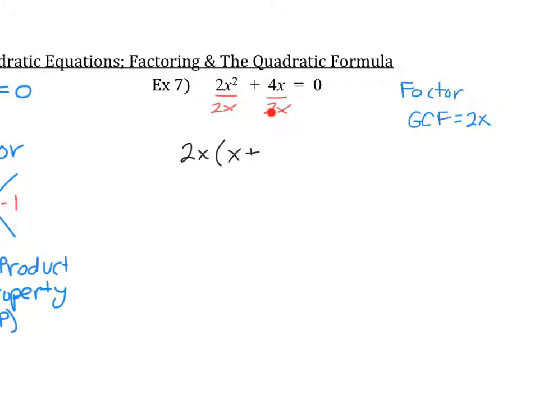Here, 4 divided by 2 is 2. The x's cancel out, so I'm just left with x plus 2 equals 0. From here, since I have factored my equation, I can use the zero product property, and I can set each factor, 2x is a factor, and x plus 2 is a factor,